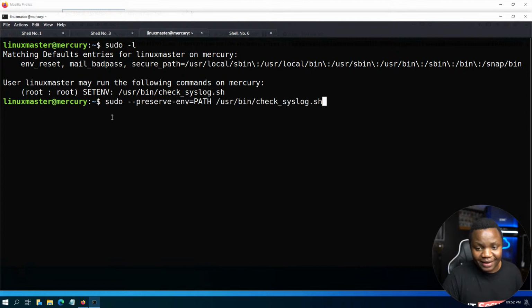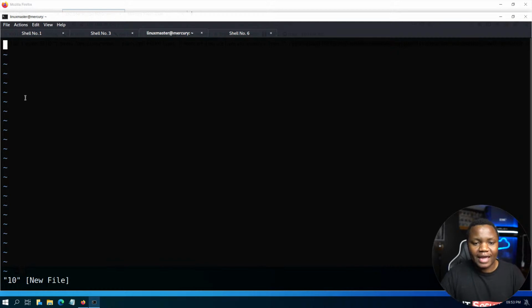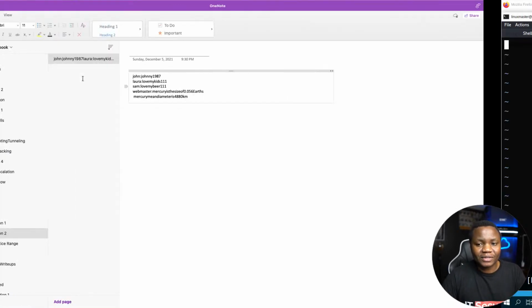I spent some time there stuck thinking, I did everything right, what's wrong with this? Then I came back and I looked at this, and I think someone on Stack Overflow said something about this one. So sudo, make sure to preserve the environment equals to the path that we already had. Then run the script. And what's going to happen when you run the script? It's going to execute tail, and tail in this case is going to bring us Vim, which is what we wanted. And now that we have Vim, which is exactly what we have here,